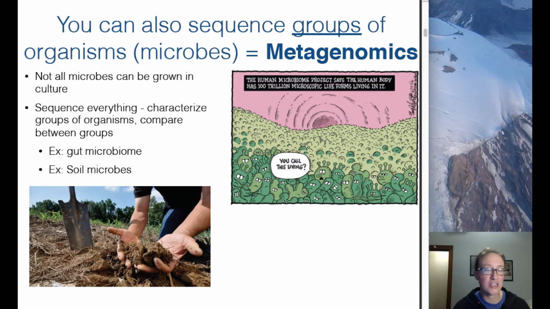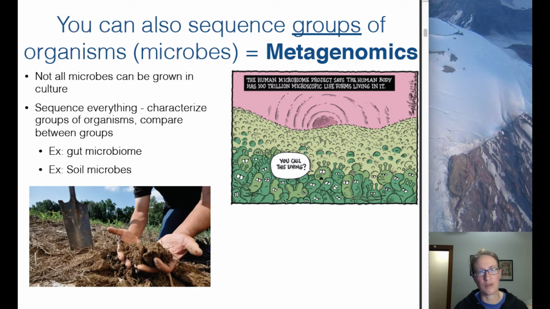And in addition to being able to now sequence genomes relatively cheaply, we also figured out that you can use these technologies to sequence groups of organisms together. So, the classic thing that we want to do is to be able to sequence a set of microbes. And when you sequence a group of organisms like that, we refer to the study of that collection of organisms as metagenomics. And this has been tremendously powerful as well, because we've known for a long time that